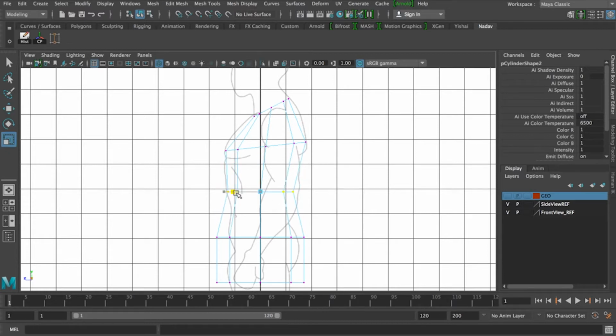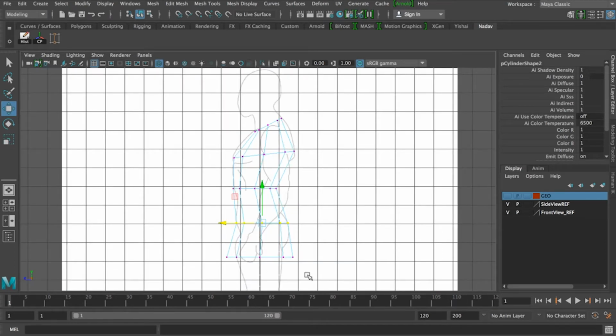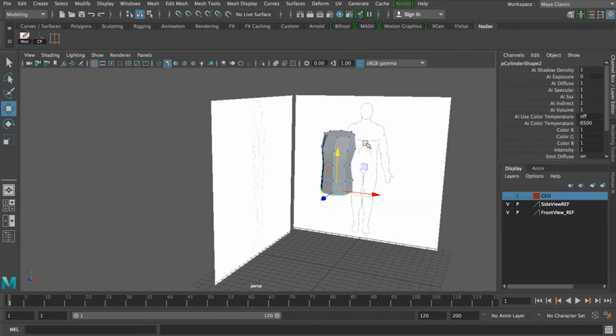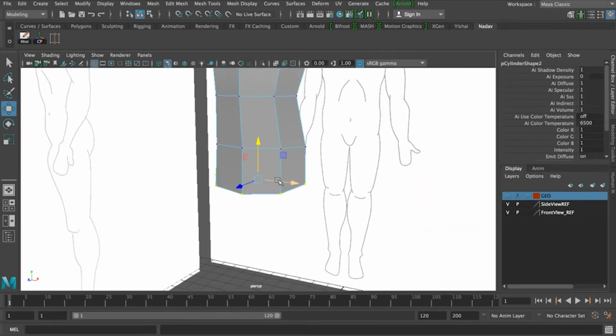This reference I have is not so accurate, so I will have to guess for the point. This should be fine for this tutorial. I'm going to raise this one a little bit higher. Okay. So we just got this general